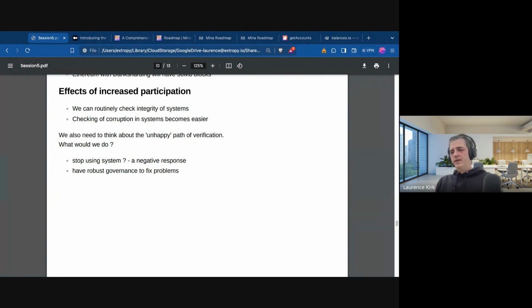For example, if you have something that is going to act to reduce corruption in a system, then you would want the ability to check that to become easy. You don't want to have to rely upon specialized people, whether they're specialized because they have special hardware and can afford to run a node, or whether they're specialized in terms of a technical speciality. That's something to be avoided. Again, that's a centralizing force. So better than that is if everybody who is using the system is able to easily check the integrity of the system, and then that means that far more people will be able to check against something like corruption,